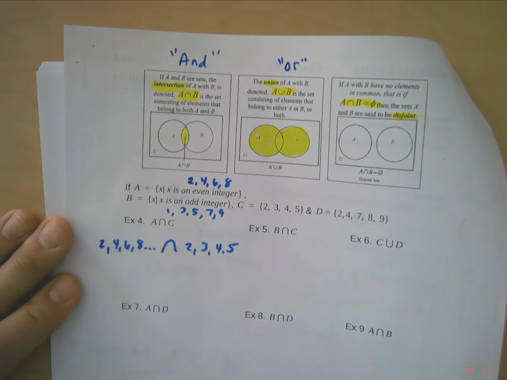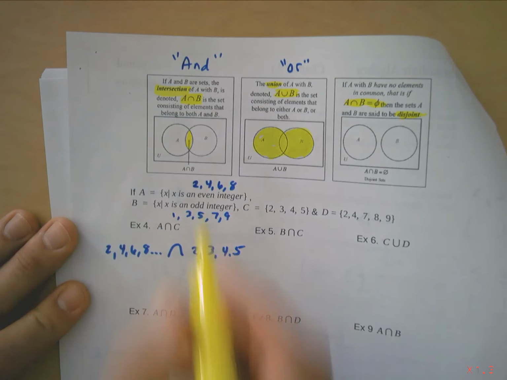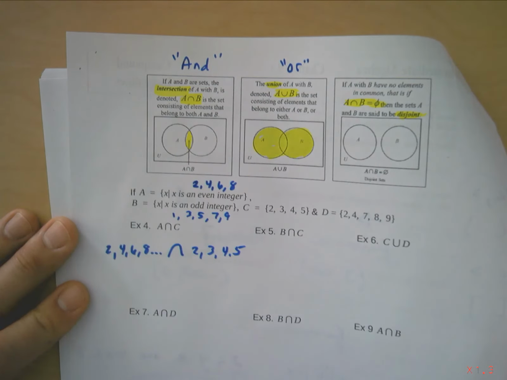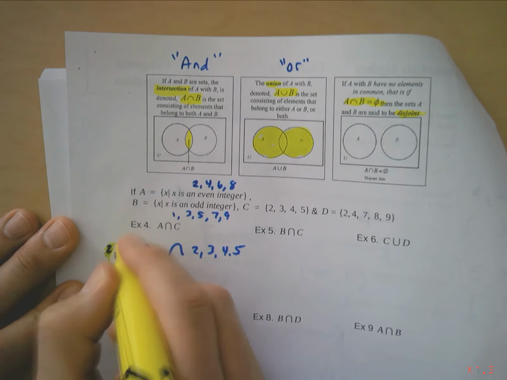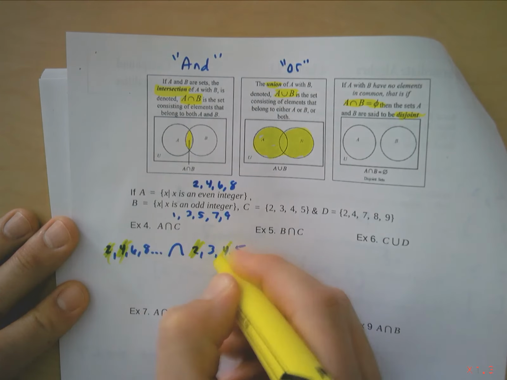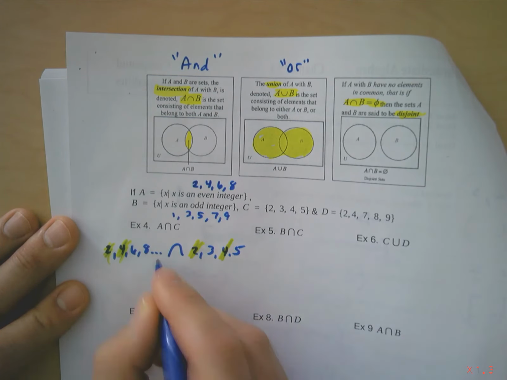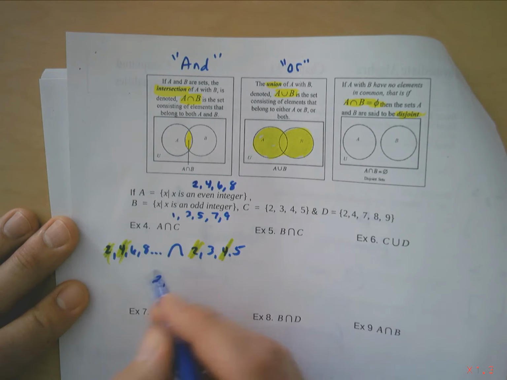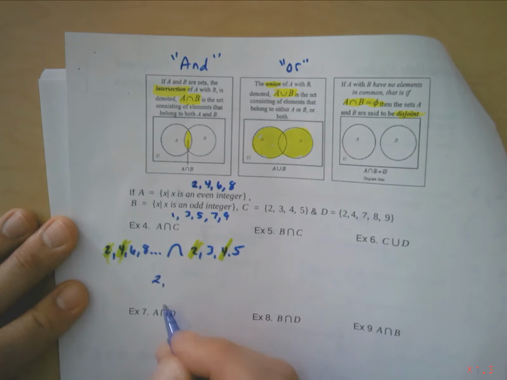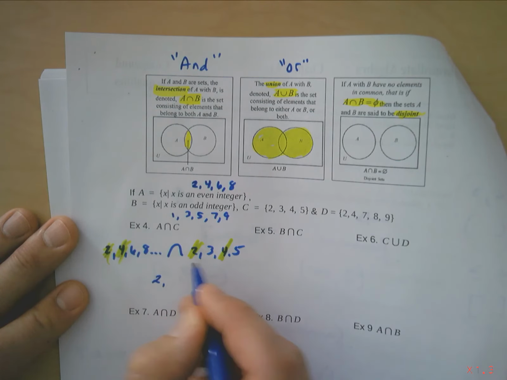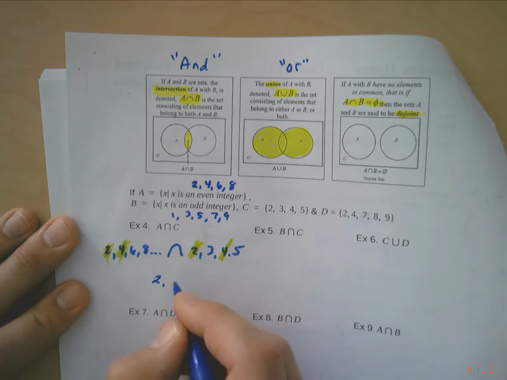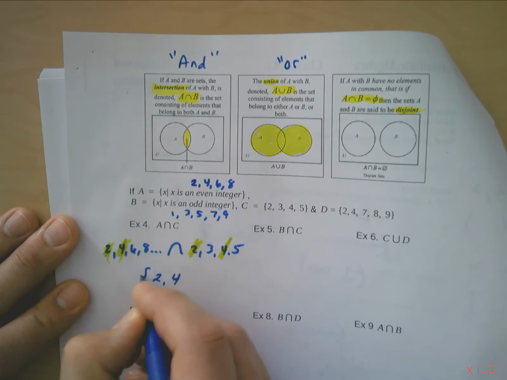Well, if I take a look, what do they have in common, y'all? What is the overlap? What are the things that they have in common? 2 and 4, that's it, right? So 2 and 4 is my final answer. Could it keep going if it wanted to? For A? Yeah, it could, but I just listed as many as we needed. Set C is only to 5, so really I could have stopped at 6. So 2 and 4 are